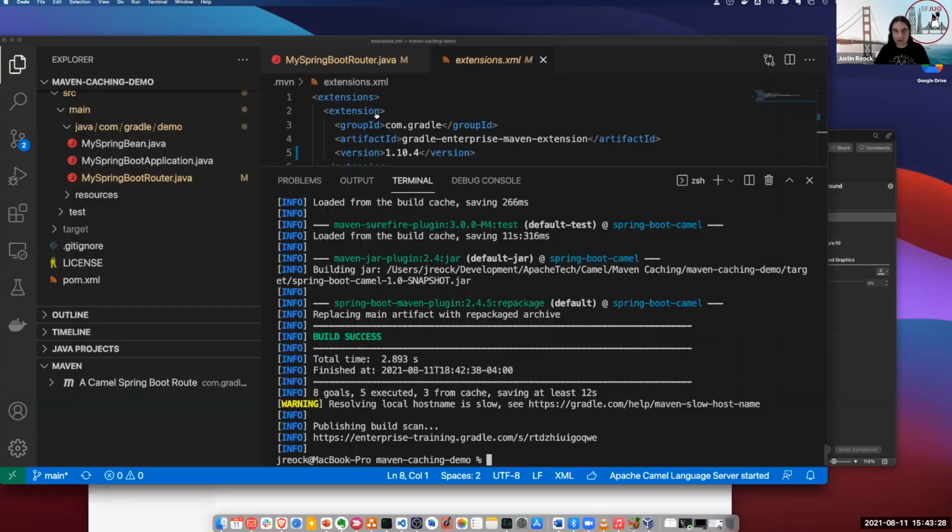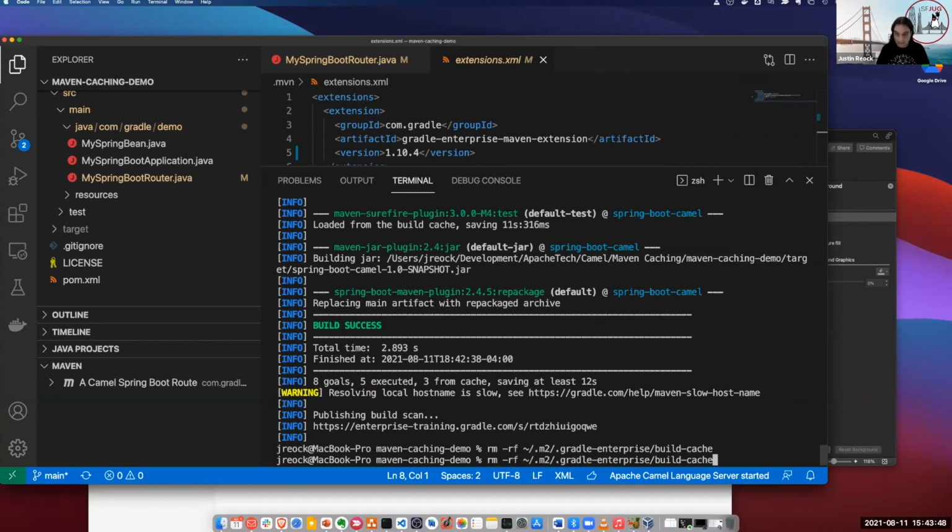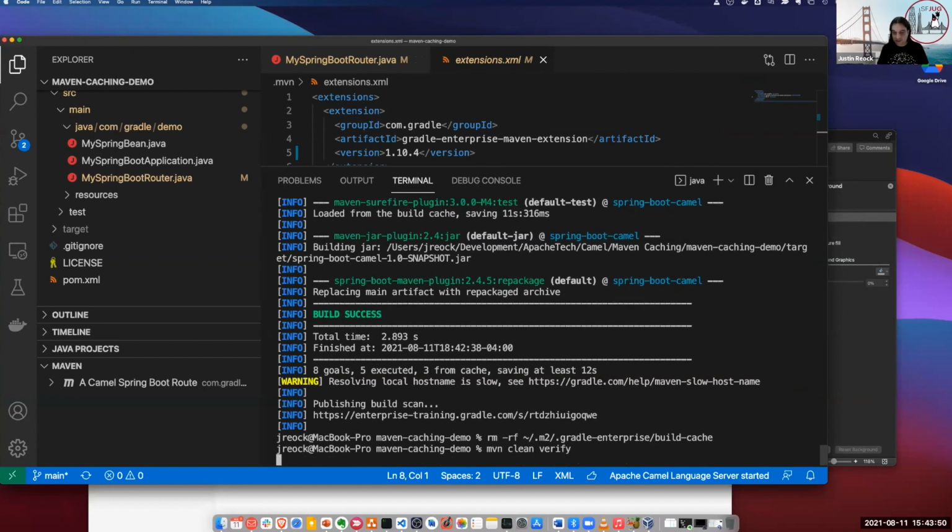Last thing I want to show you really quick. Let's remove my local cache entries. Let's not rm -rf until we've got the right directory in there. How about that? Great. So there's our local build cache. And now we're going to remove that. But when we run Maven clean verify again,